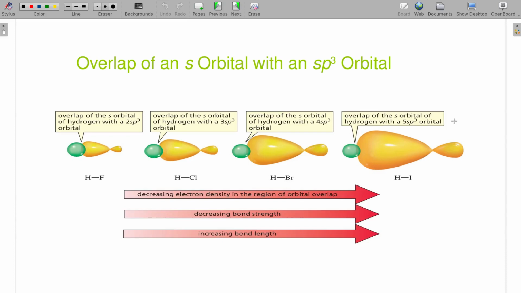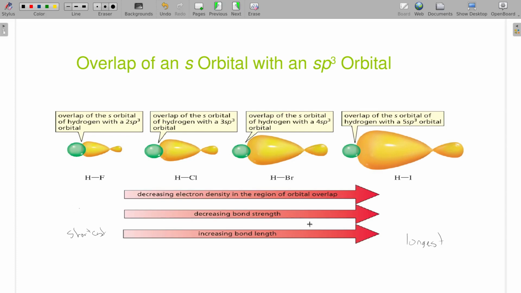Since fluorine's the smallest atom, HF is going to probably be the shortest bond. And it is. And this one is the longest. And it really is just related to that size, because the only thing that's really different here is the actual size of the nucleus. This is still an sp3 hybrid orbital, and this is an sp3 hybrid orbital. Both of them are made by the overlap of s and p orbitals. It's just that these are a much smaller orbital. They're only in the 2s. Yet this is an overlap with a bigger principal quantum number, which is why it's a bigger orbital. So it's going to be shorter and longer.